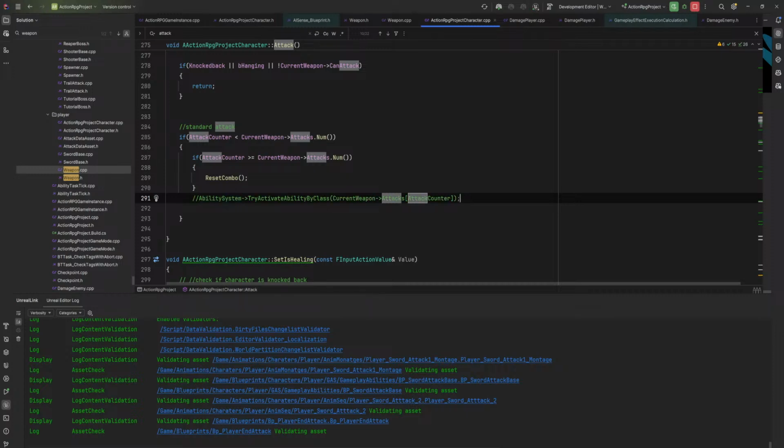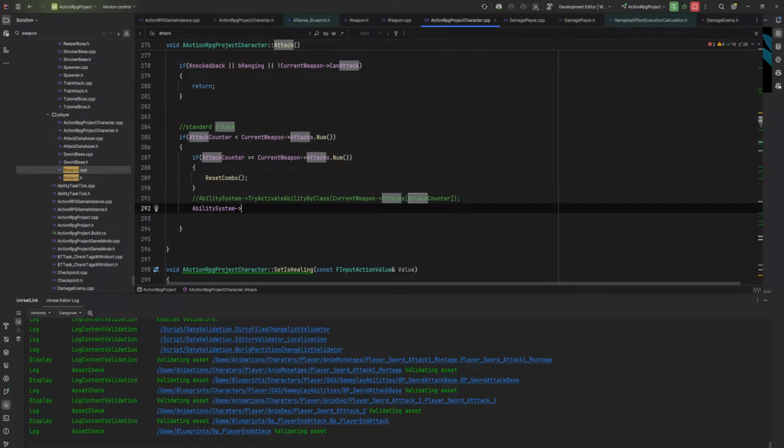let's comment that out. Press input ID for attack counter.